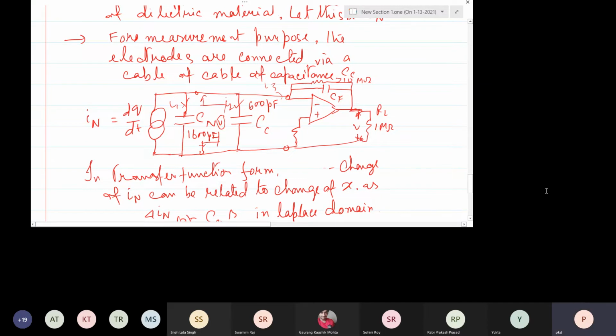So this becomes RL plus CF, okay, RL plus CF into I3, and this side is